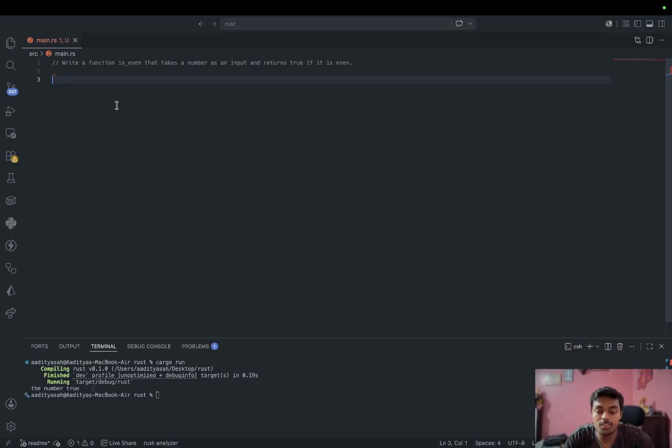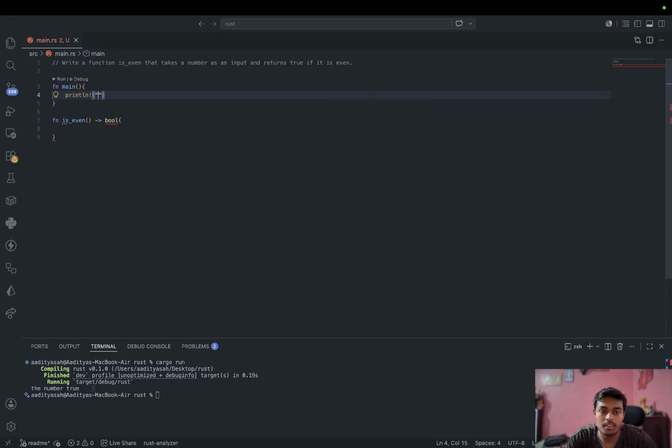So let's start. First of all, let's create a main function. After creating a main function, let's create the given function, that is the is_even function that the question is asking about. I just created both, and then let's return true if it is even. For this we have to return a bool, like this, and then we just have to pass a number like here,